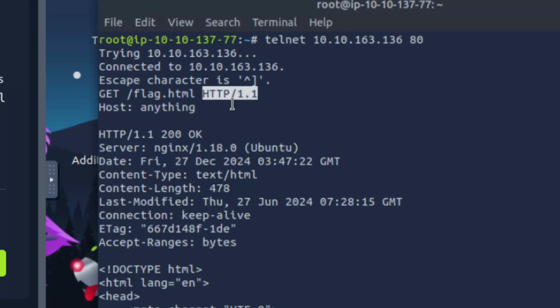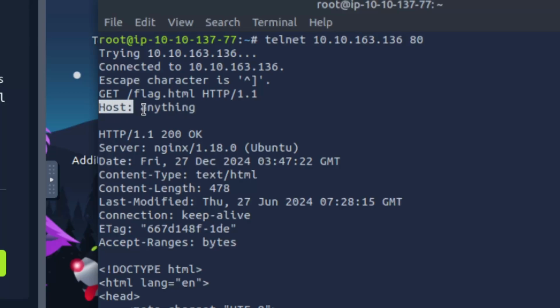Okay. So essentially this could be GET /file.html, anything.html, or just / by itself, meaning that I want to go into the root of this web server, and then that would be followed by HTTP/1.1. So no matter what kind of request you make, that part is going to be at the end of it. This is the part that will change depending on what type of data you are trying to get from the server. So you type this, you press enter,